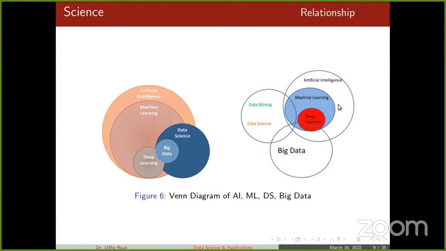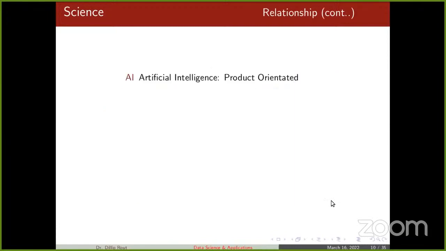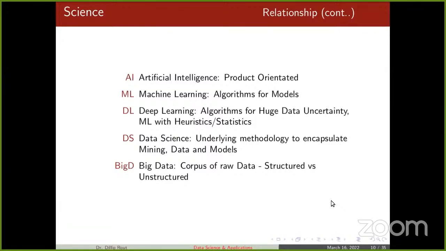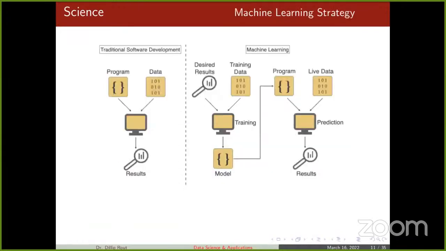If you look at the right-hand side, it is more or less the same, except that big data comes into the picture here, which I like, because big data offers something more than data science or machine learning. Here you can see this circle is your data science circle, which combines data mining as well as data modeling. I have written the same thing here in text format, and I'll be happy to answer any questions. You can of course put them in the chat box so that I can refer to them later.